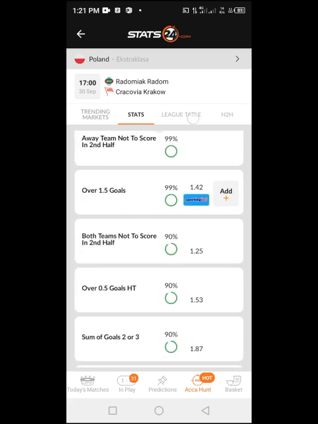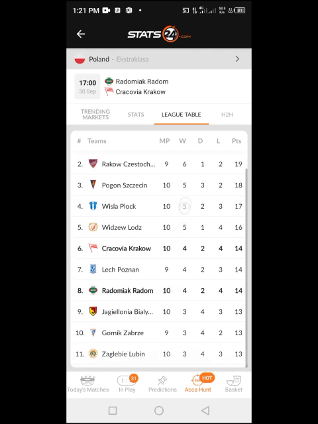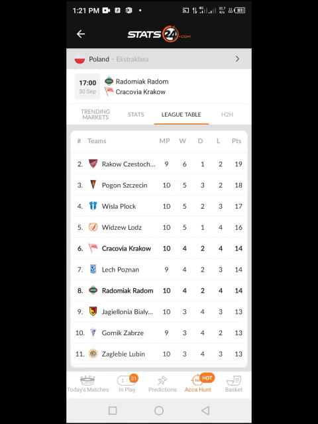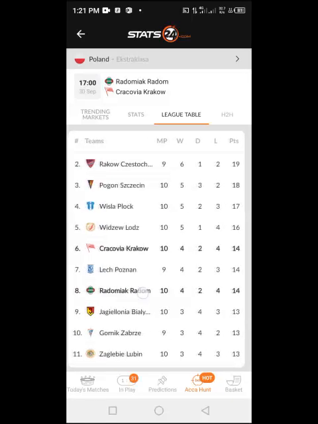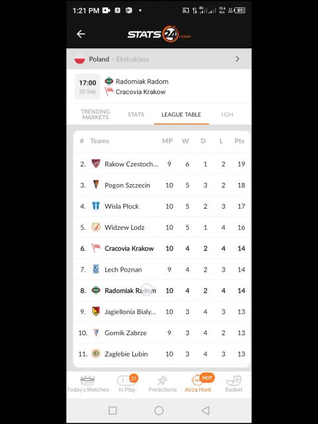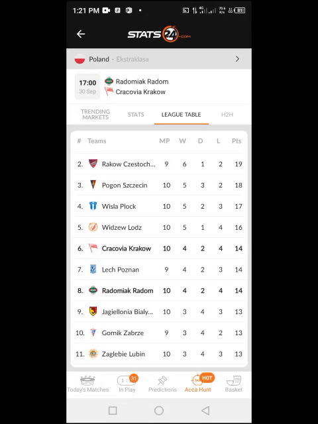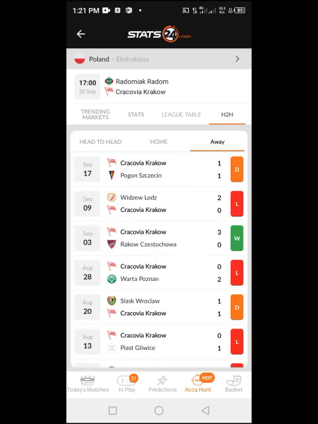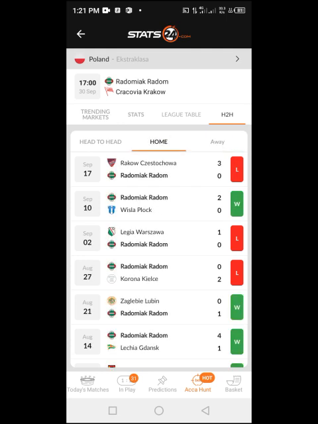So if you go for the league table here, you are going to see, let's check that none is in the relegation. The last three, there is none in the relegation. But from the fourth position, we have this as the eighth position. So this time we are going to consider this because most of the teams that are actually from the eighth position, which are actually moving to the last three as a relegation, want to perform great. So always try to confirm this by making sure that you look for the head-to-head, the home and away performance. So when you check the home and away performance, since this is average, they are both average, it is not good